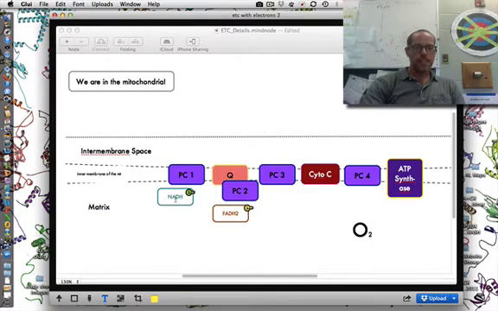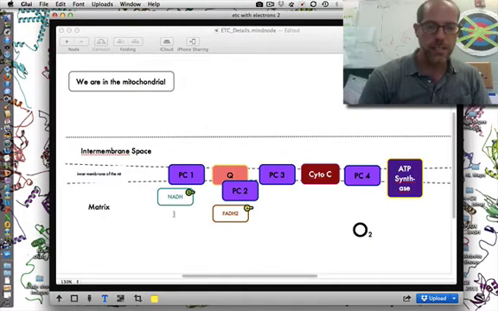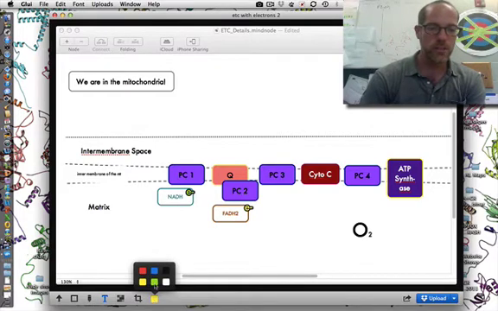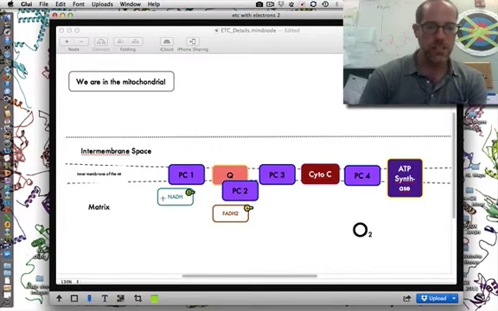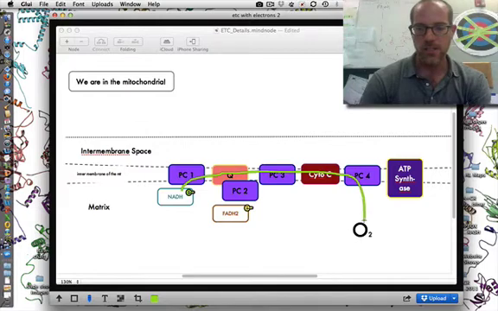Here's the scoop. NADH is either being imported from glycolysis, which is coming from outside the mitochondrion, or it's coming from the Krebs cycle. But the thing you need to realize is that NADH and FADH2, they have electrons, and they are total wimps. So let me change my colors here real quick, and let's follow the electrons down from NADH all the way to protein complex 4. So what's going to happen is NADH is going to easily give up its electrons, and those electrons are going to flow down the electron transport chain and ultimately get bound to oxygen.